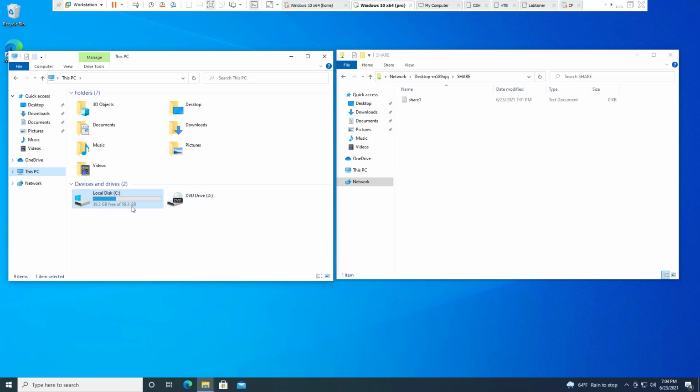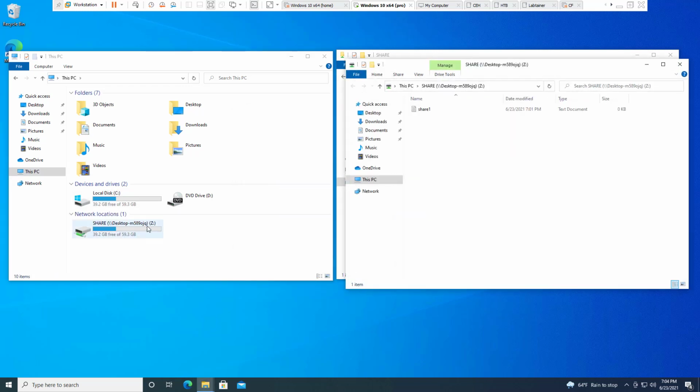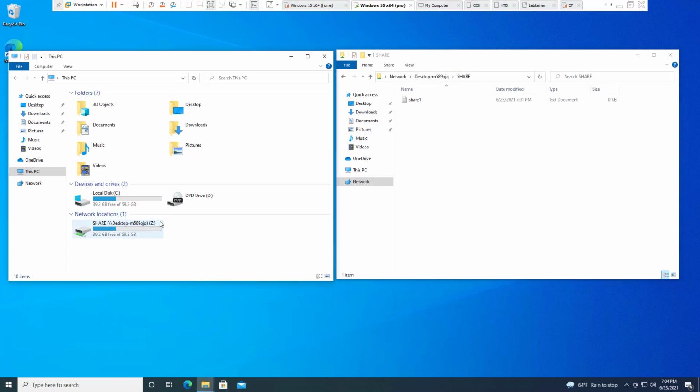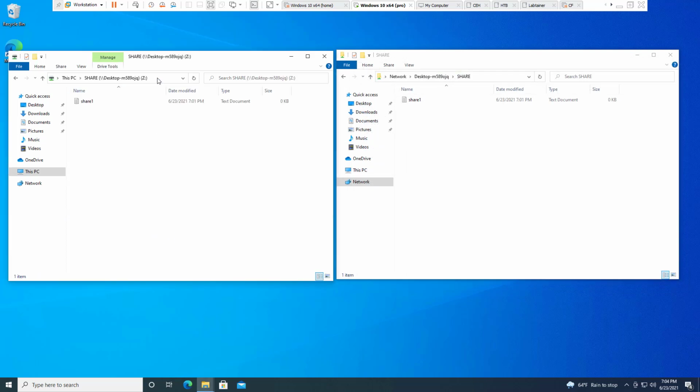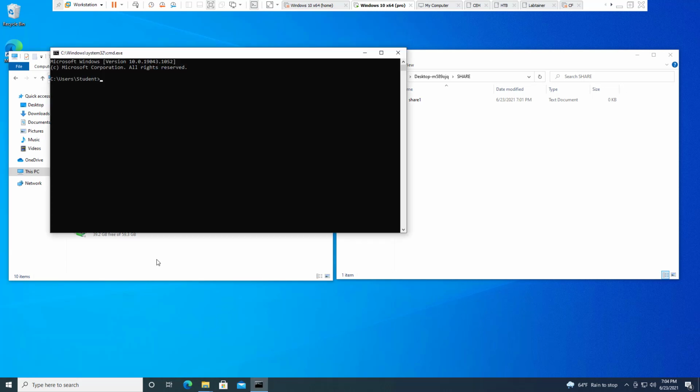If we're on the local machine and you go to computer, we have the ability to map a drive. And we're going to talk about map drives a little bit later as well. But since we're talking about shares, I wanted to point out that we can do a map drive even to a local share. We can do that, and we'll notice we now have a new directory called Z Drive, and it is actually masking it to our share. That way, when you save Z Drive, or even if you navigate to Z Drive, CMD,